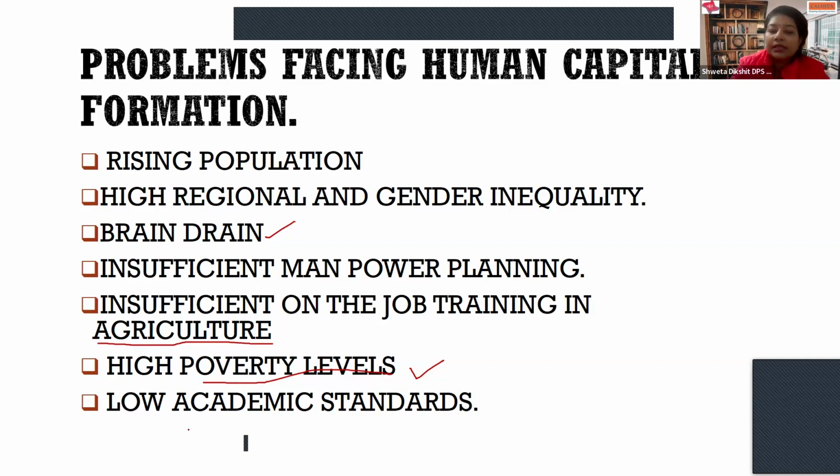And of course, the academic standard. India's academic standard has always been a question mark. There are still many loopholes and challenges in the Indian education system, especially when it comes to the international front. So we are actually working upon all these points, nothing to be very pessimistic about.